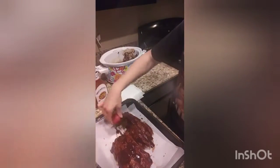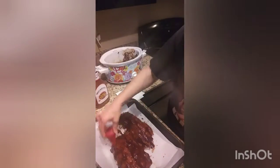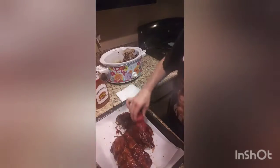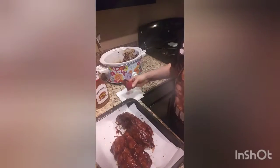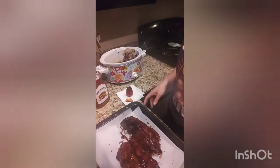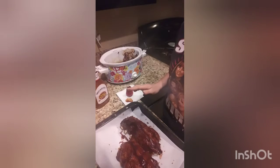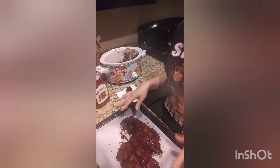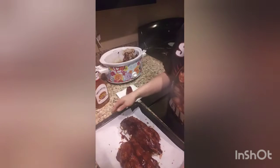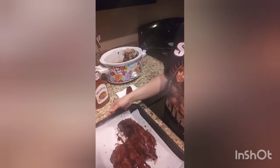See if I can, it's all in the little cracks. This looks so good. Oh my gosh, you guys, this smells really good. Put this on here like that. Okay, and so I'm gonna go ahead and put these in the broiler for about 5 to 7 minutes, depending on how it is. We like our stuff to be a little bit crispy on top, so a little bit charred. And so I probably will leave it in there closer to 7 minutes,